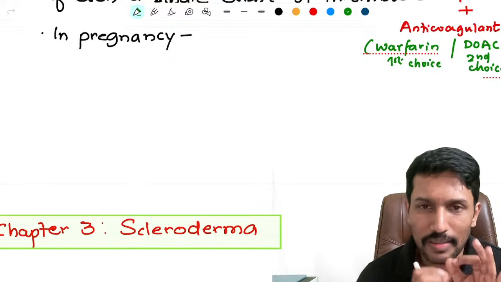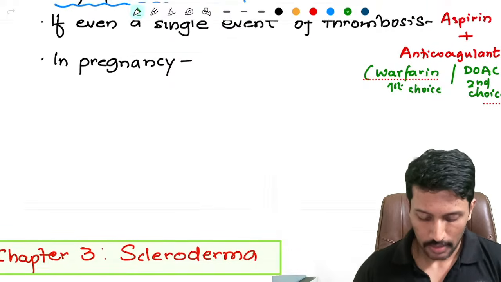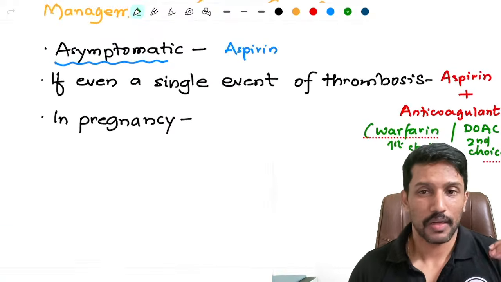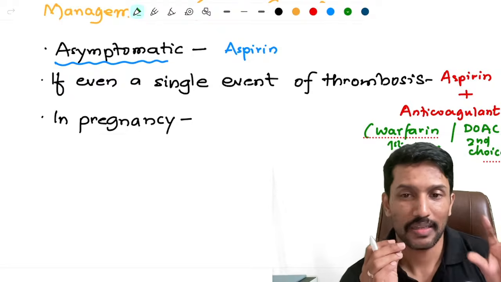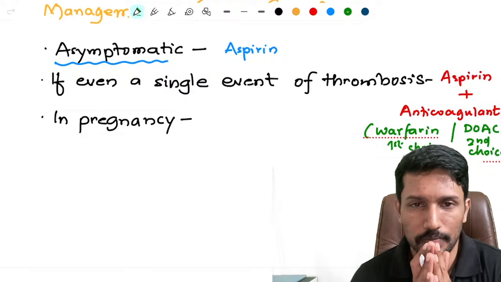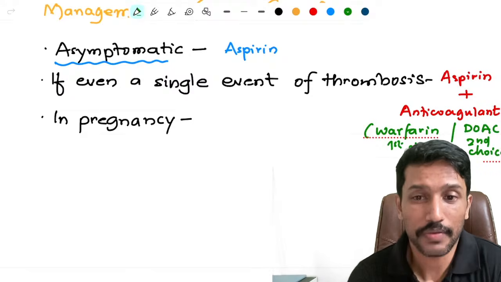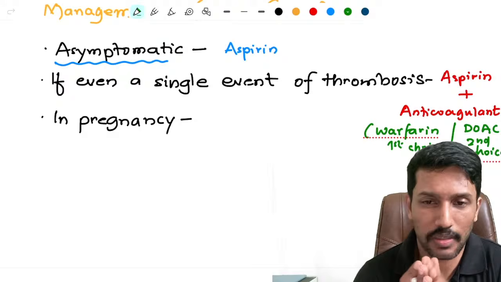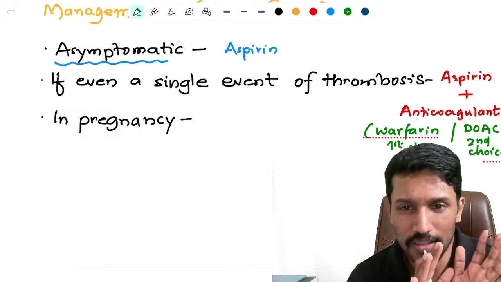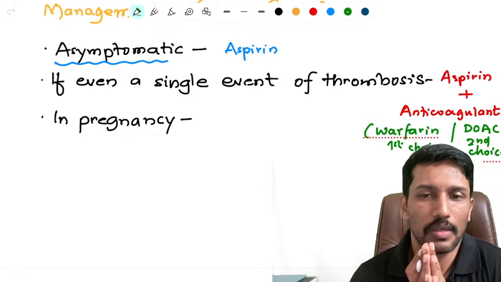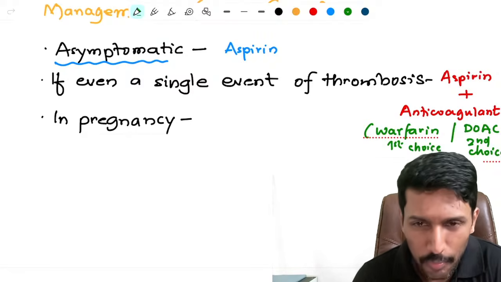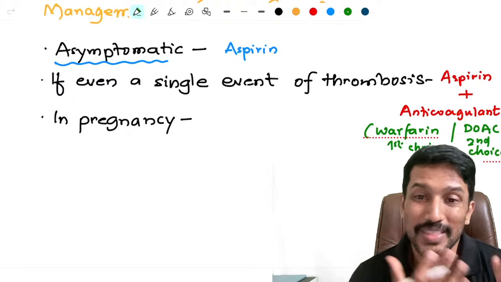So if there is a single event of thrombosis, the patient will require aspirin and an anticoagulant lifelong, apart from treating the underlying SLE. And if no such events are documented, only antibody positivity and no clinical symptoms present, then at least give aspirin lifelong. Now the issue is pregnancy, because APLA is more common in reproductive age group, because SLE is more common